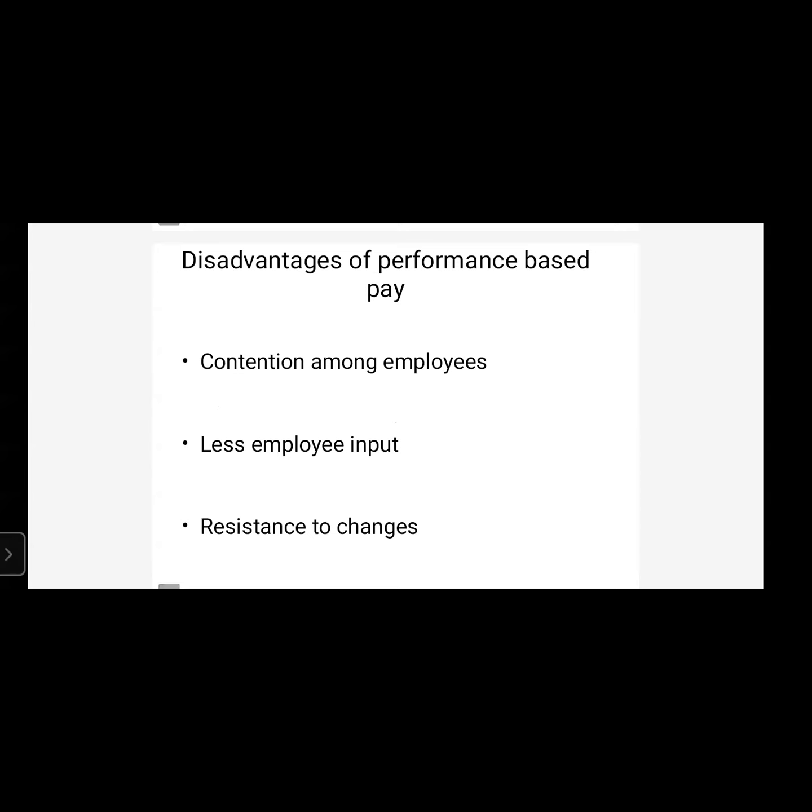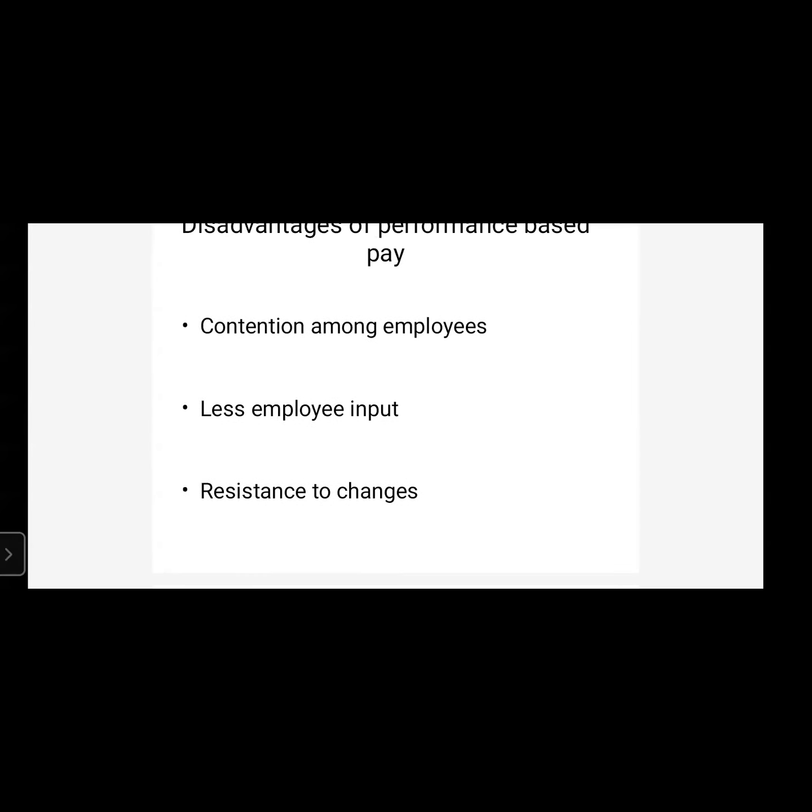Then there are certain disadvantages also of performance based pay. First disadvantage is contention among the employees. The meaning of contention is dispute or fight between the employees. Now, what happens is there are, say, 100 employees working in an organization. Out of 100, 20 have achieved the target and they have become eligible to receive performance based incentive or performance based pay of say 5,000 rupees added to their salary of 20,000 rupees or 30,000 rupees. So what will happen? There will be a contention, a fight between employees, that how only 20 employees are getting more salary. That will always be in the mind of the remaining 80 employees,